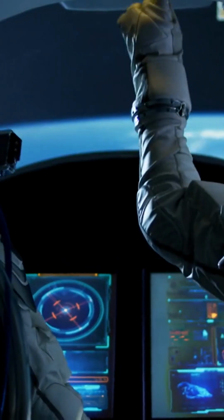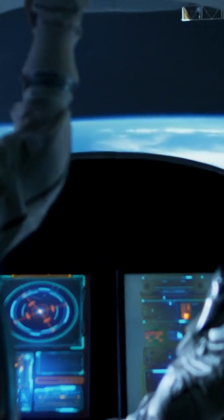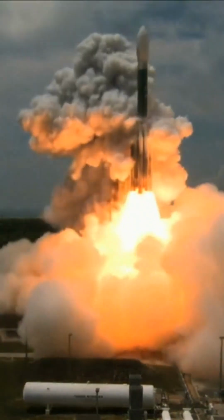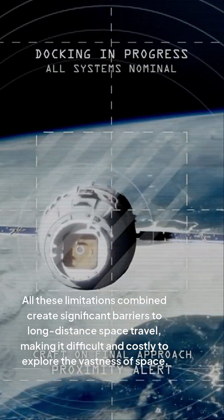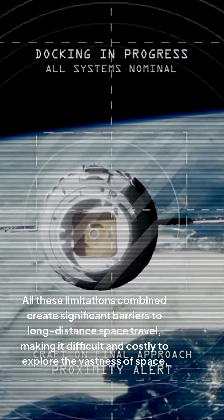The amount of fuel required for a trip is directly proportional to the mass of the spacecraft, which creates a catch-22 situation. The more fuel we add, the heavier the spacecraft becomes, which in turn requires even more fuel. Launching a spacecraft is already an expensive endeavor, and the need for massive amounts of fuel only adds to the bill. All these limitations combined create significant barriers to long-distance space travel, making it difficult and costly to explore the